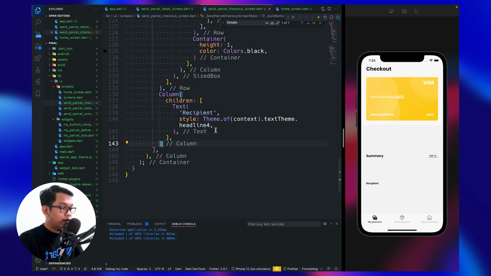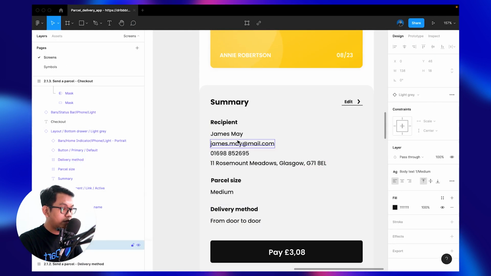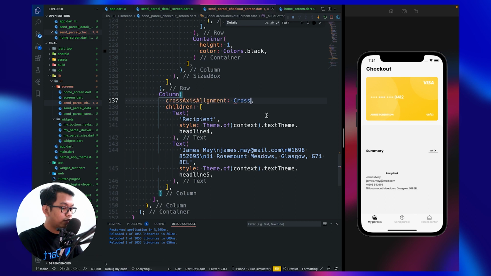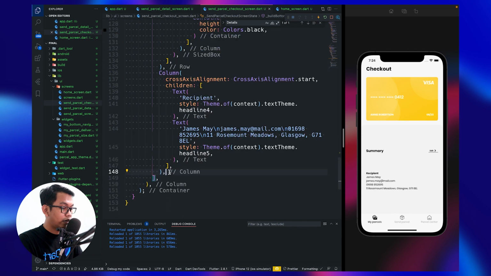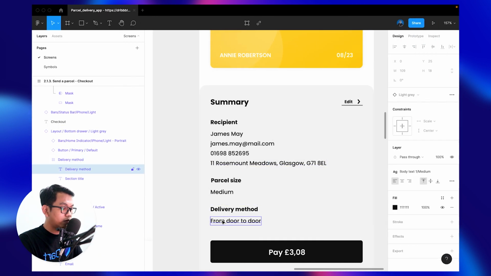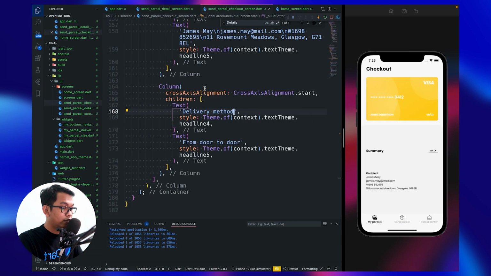And now we copy this, paste here, copy this, and copy this. And for the style, headline 5. So we see, and for cross axis alignment, set it to start. And we need to duplicate this 2 times and change this to delivery method, and this to parcel size, look like this.